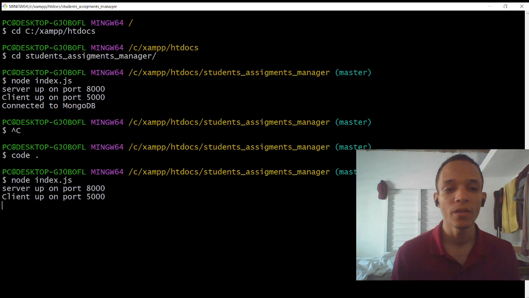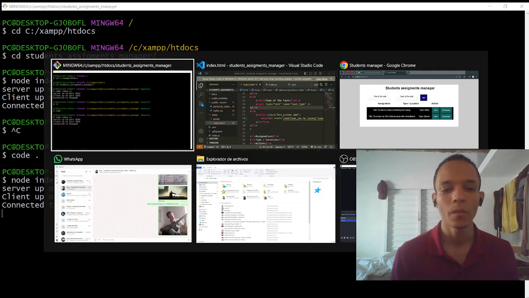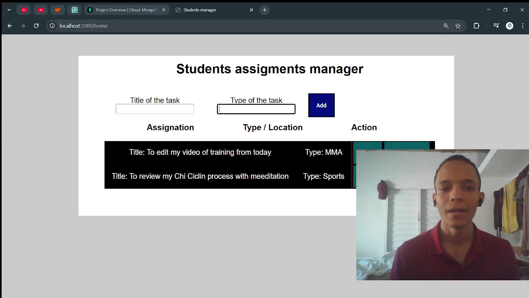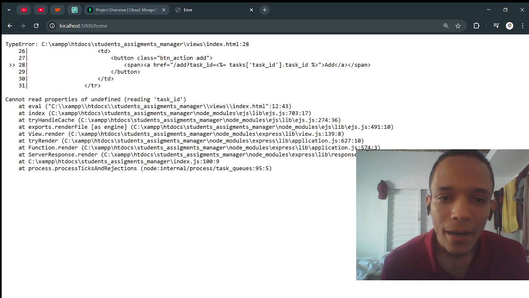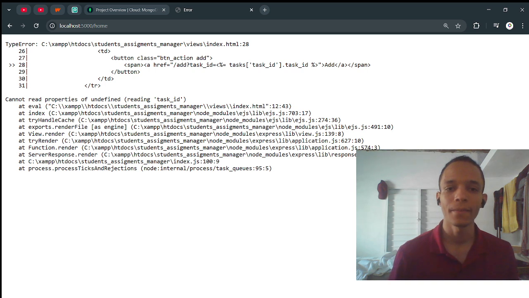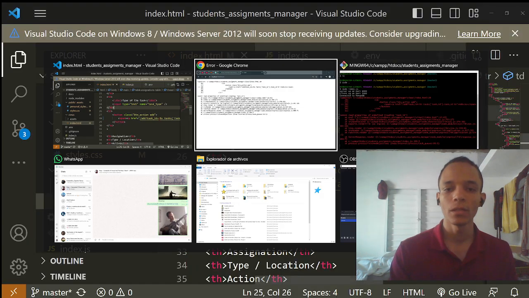Let's see if it throws an error. Remember that it is possible, but it didn't throw any error. Let's refresh and let's see. Yes, now it throws an error. And it says that on the final task ID. And I was expecting that. Yes, believe it or not. What I'm going to do is, let's see,